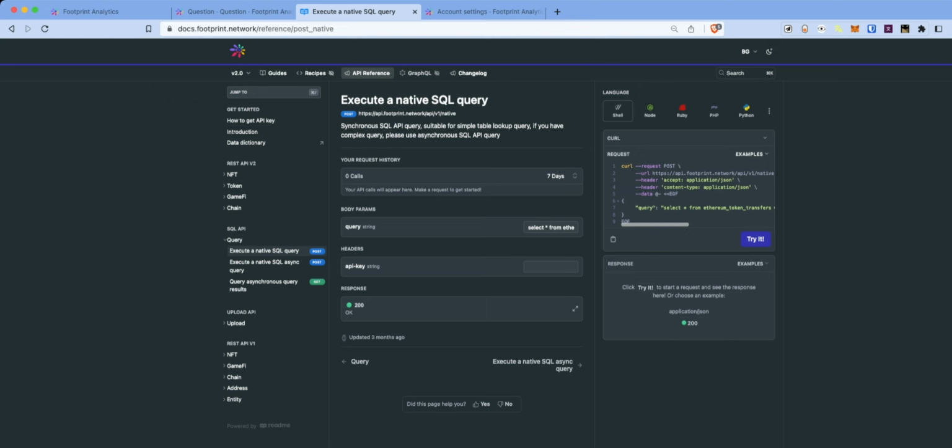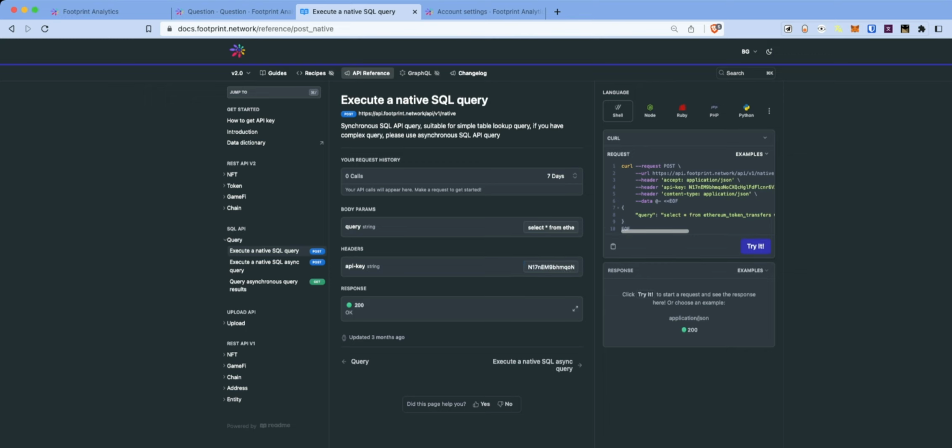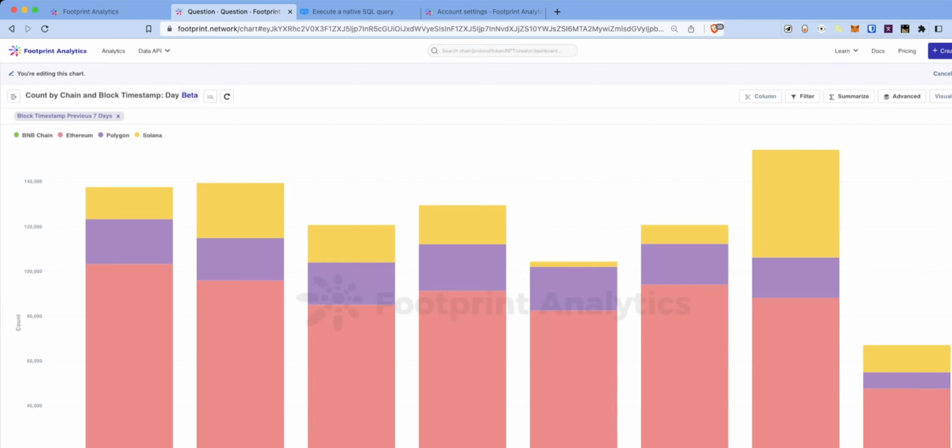It's pretty self-explanatory what you have to do here. In order to make this SQL API call, you should provide the query itself that you want to use, and you have to provide the API key for authorization. Having previously got the API key, you simply paste it. And to get the SQL code for the chart that we've built,